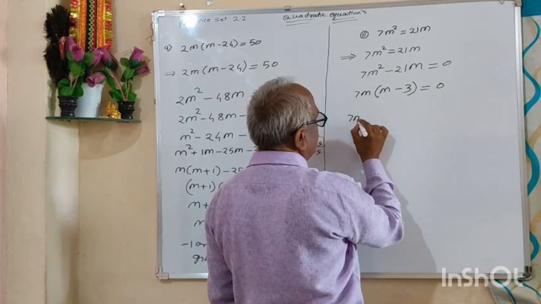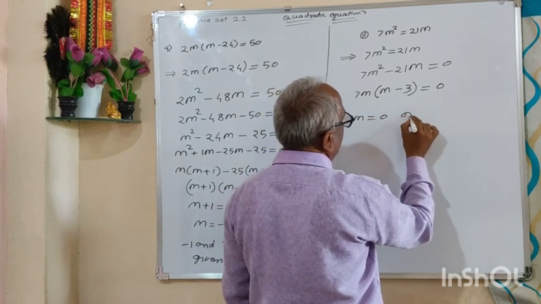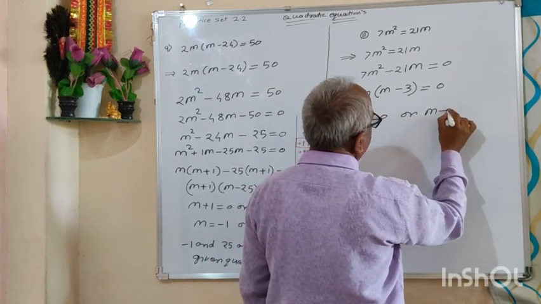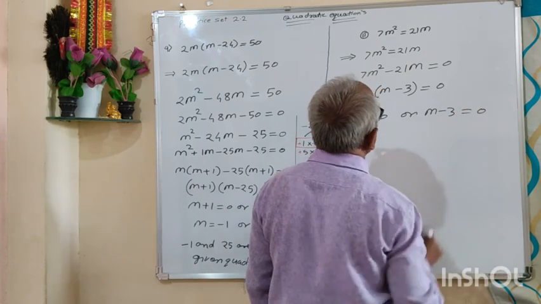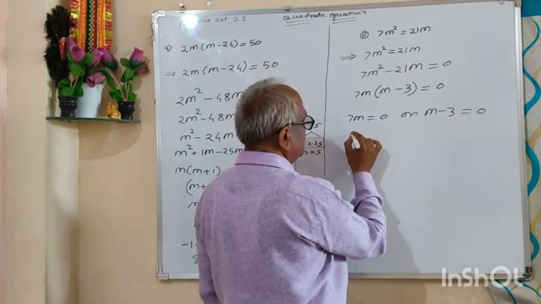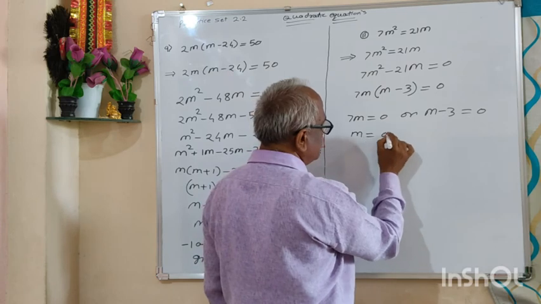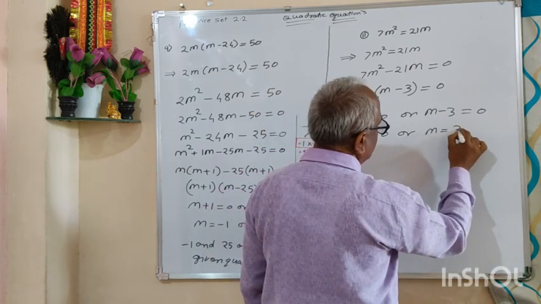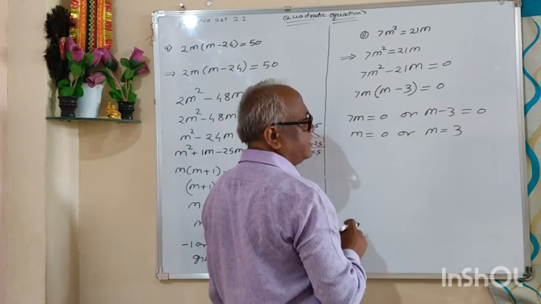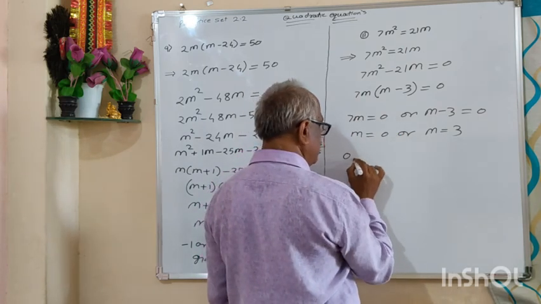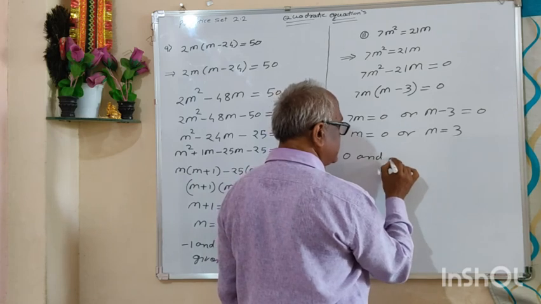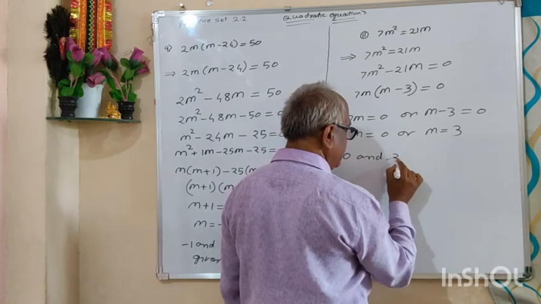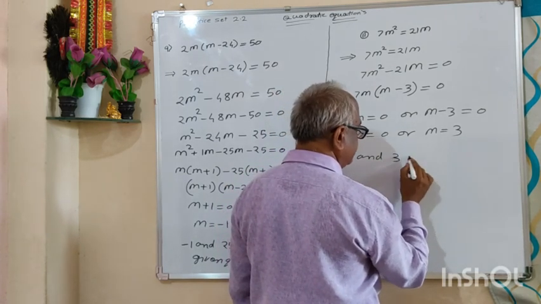So 7m is equal to 0 or m minus 3 is equal to 0. Therefore m is equal to 0 or m is equal to 3. Here 0 upon 7 is equal to 0 only. So 0 and 3 are